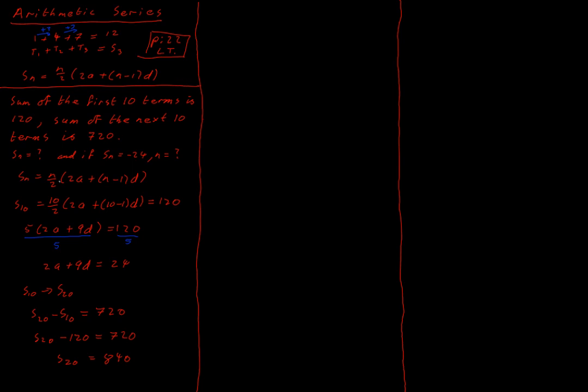So let's do the same steps here and see if I can get another equation in a and d, because now I recognize I have two equations and two unknowns. I'm recognizing that I'm probably doing simultaneous equations in a and d. Let's see if I can get another one using this formula now. So I have S of 20 is going to be 20 over 2 on 2a plus 20 minus 1 on d, and I now know that that is equal to 840. So I end up with 10 on 2a plus 19d